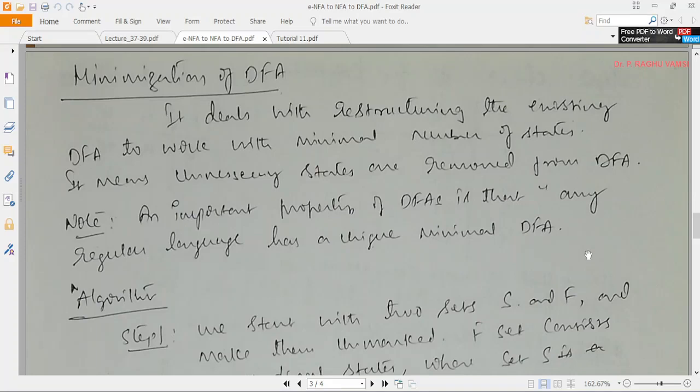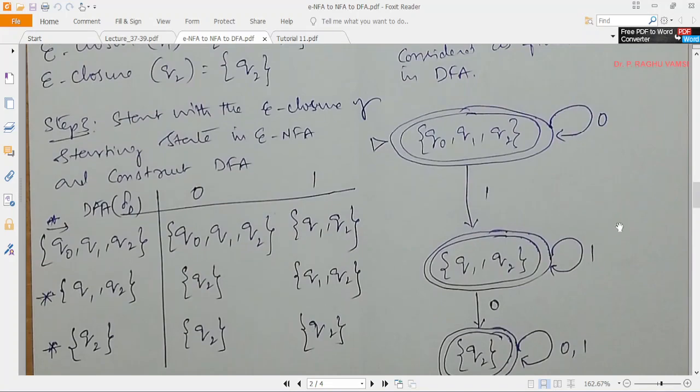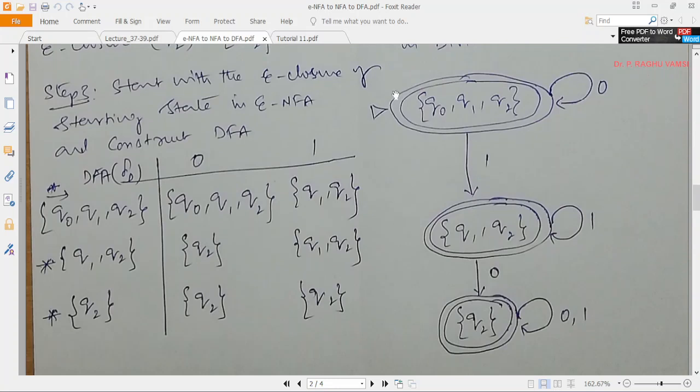In this video, we are going to see the minimization of deterministic finite automata. If I observe this particular diagram, in which we have the states A, B, C. On A, upon 0 we go to one state, and upon 1 we are going to B, and from this, if we supply 0, we are going to C. And on B, if we supply 1, then it remains in the same state itself.